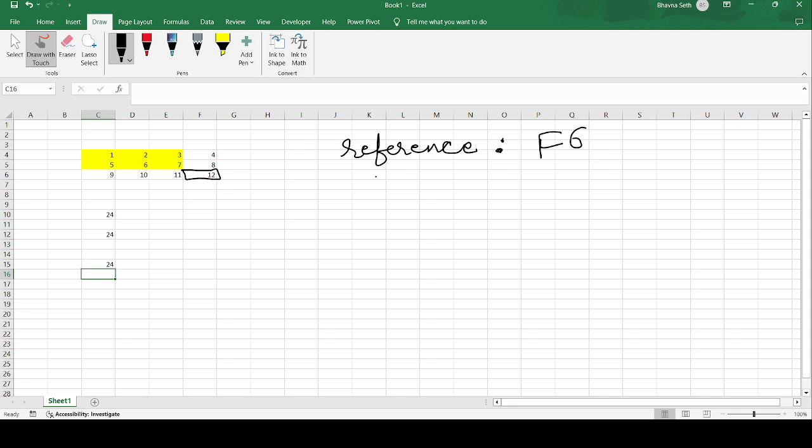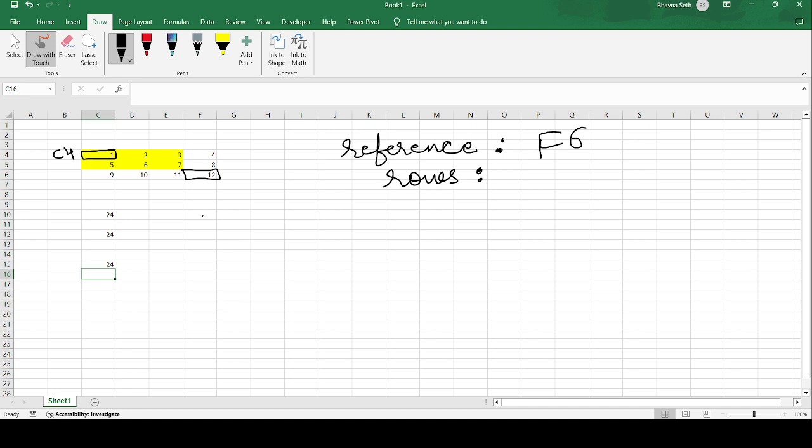The second argument in the OFFSET function is rows. Rows is the number of rows that we are going to move. We want to reach C4 here, which is 1, because the highlighted cells start from there.